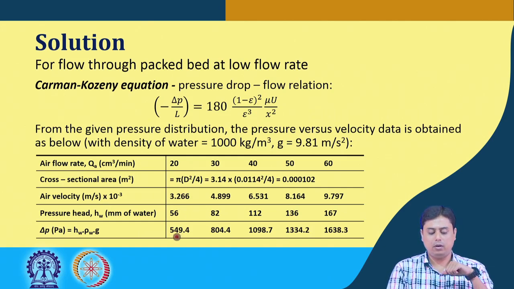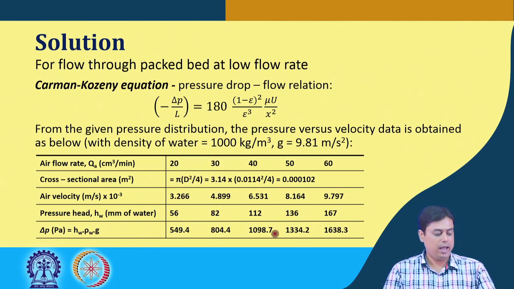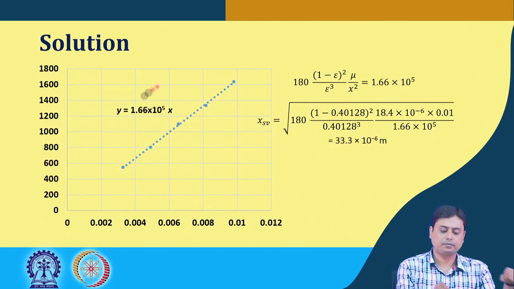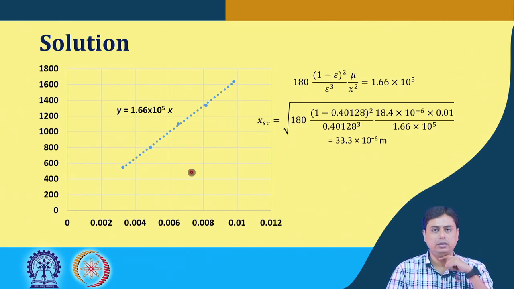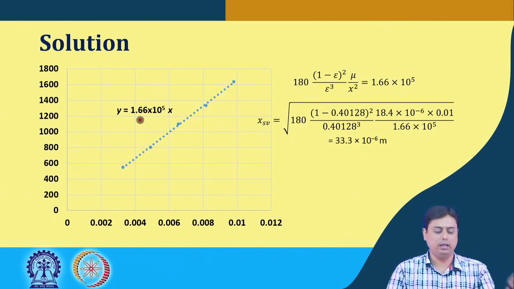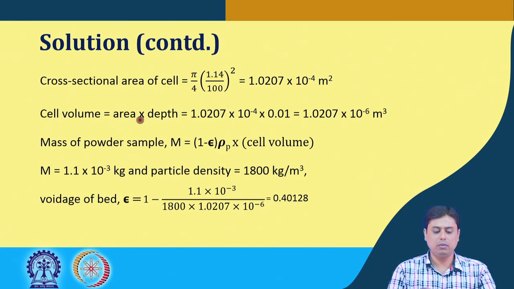We plot x versus y, where x is the air velocity and y is the del p, and then you can find out this kind of a relation